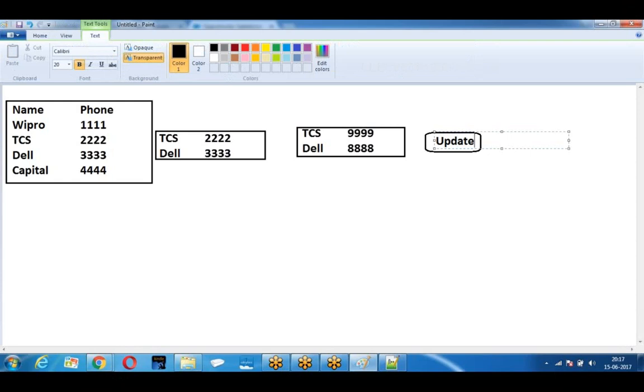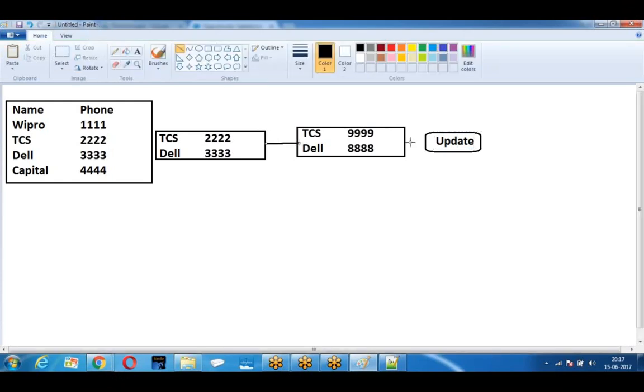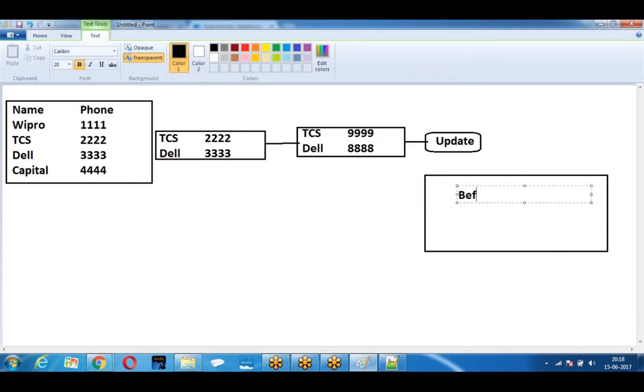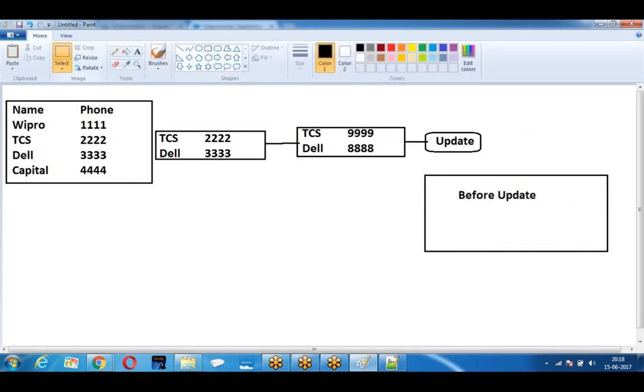Click on update. When you click on update, what happens? The before update trigger will be fired. Once the trigger is completed, then what happens? Records are going to be